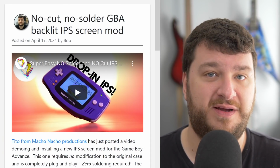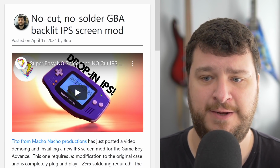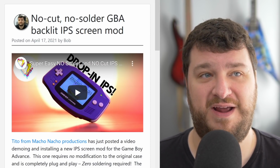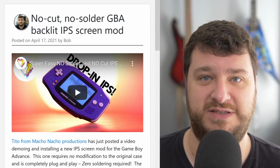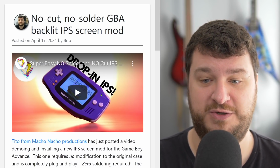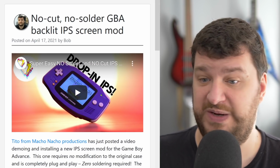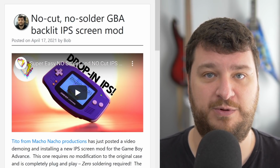There is now a no-cut, no-solder IPS screen mod available for the Game Boy Advance consoles, which is absolutely awesome because, with respect, there seems to be a new screen mod every week for Game Boy Color and Game Boy Advance, with no real indication as to what is the best, what advantages, and if it isn't for people like Tito from Macho Nacho Productions, I would have just completely lost track of which is which and why you would want each one. But his latest video shows this particular one, which is really great for people that want